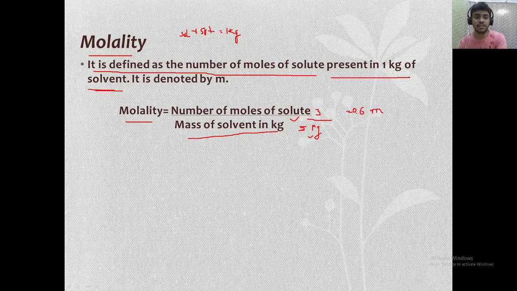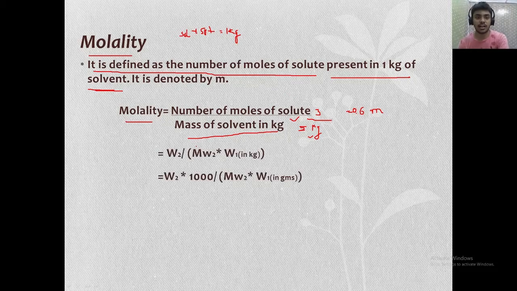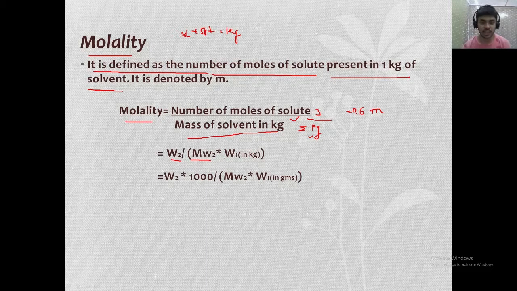I can explain many things here, but these are the main things that you need to keep in mind. Now let's see the structure of the equation. So it's the number of moles of the solute. They are similar, that is W2, the weight of the solute, by the molecular weight of the solute, that will give the number of moles, into the weight of the solvent. See, W1 I have written, not the solution, but the solvent in kg. This you need to remember, okay.